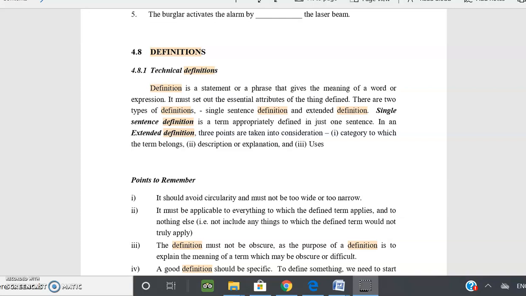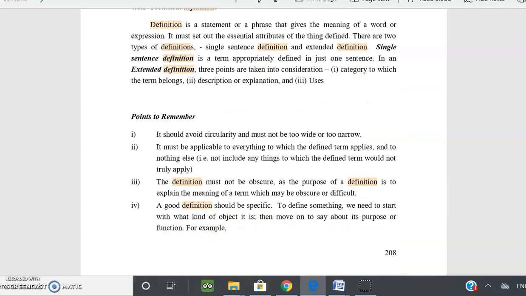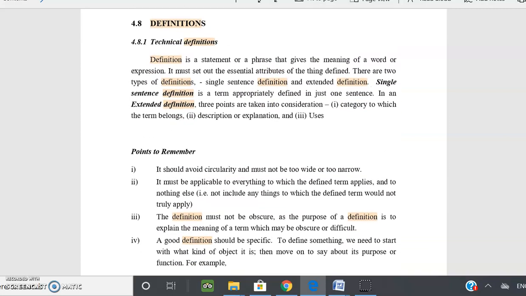So if you have the textbook, kindly open page number 208 for definitions. I've also shared the soft copy of the textbook. If not, you can look at the screen here. It is page number 208, definitions. Most of the time in technical English, we start writing, either an essay or short notes, by defining something that you are trying to explain. If you look up a dictionary, a definition is nothing but the meaning or expanded form of a word.